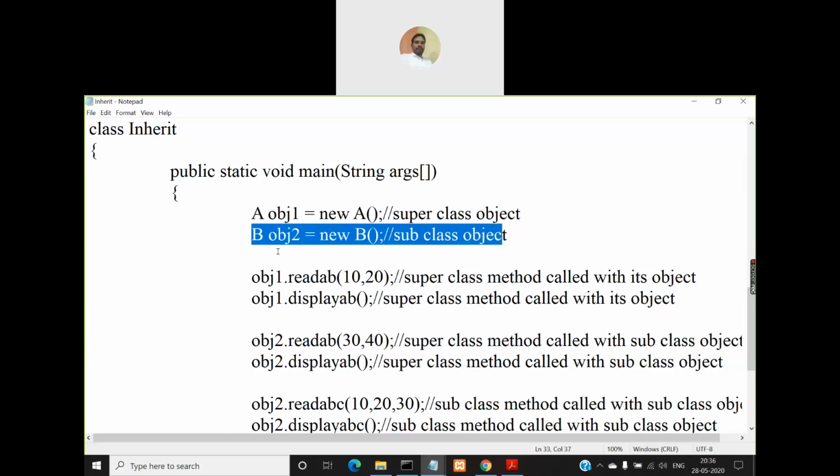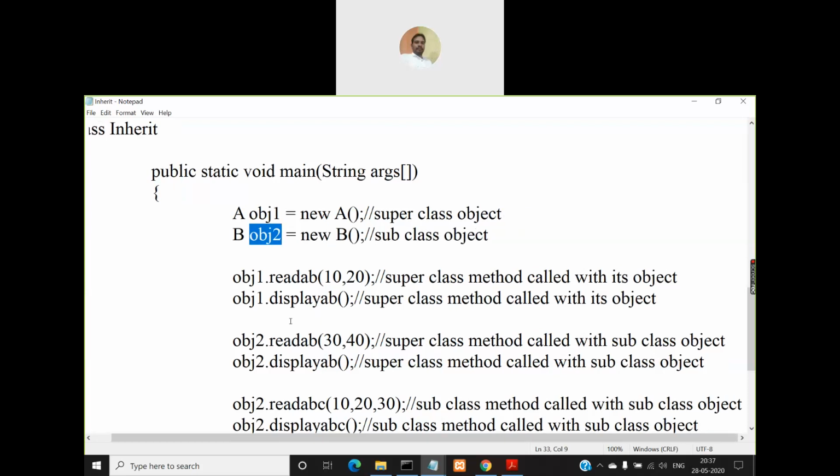Now using obj1, I can access only the members of class A, but using obj2, I can access the members of both class A as well as class B, as discussed earlier. Now let us see how we are accessing these members. Using obj1, which is an object for class A, I am accessing readAB.